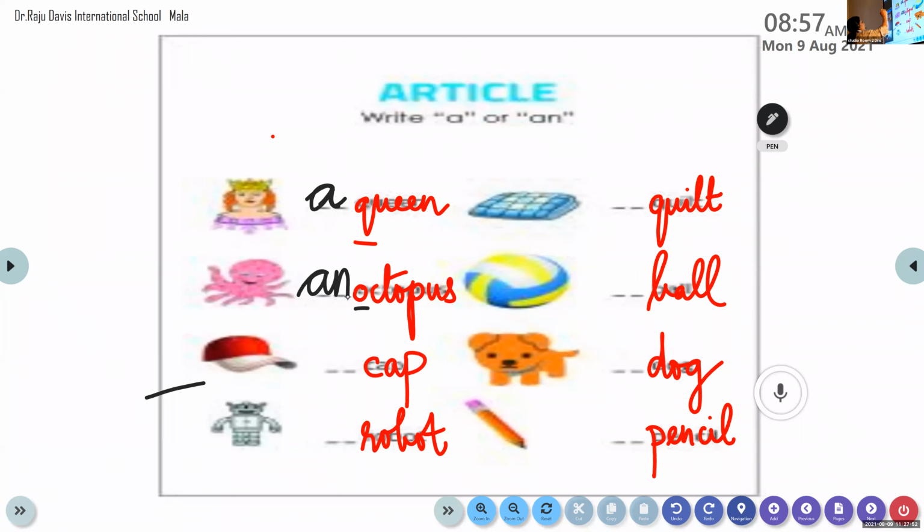Okay, Wilfred. Come on, Wilfred, are you there? Yes, come on. Take the third word and read the word for me. Cap. Okay, now tell me, does the word begin with a consonant or a vowel letter? Consonant. So what do we have to do, whether we have to insert a or an before the word? A. Very good. Now let's move on to Anav.